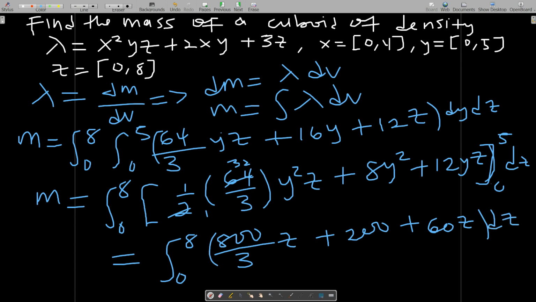So you can punch this on a calculator straight and write something like the fraction 800 over 3, then z, okay, plus 200 plus 60z, okay. The limit is running from what? 0 to 8, okay. So the mass here is equal to